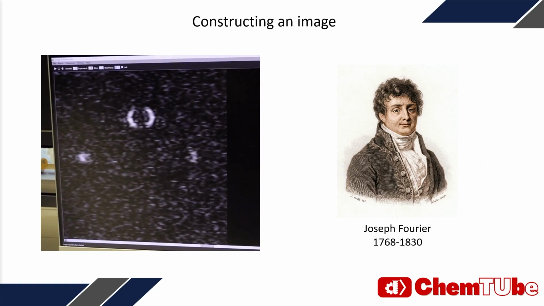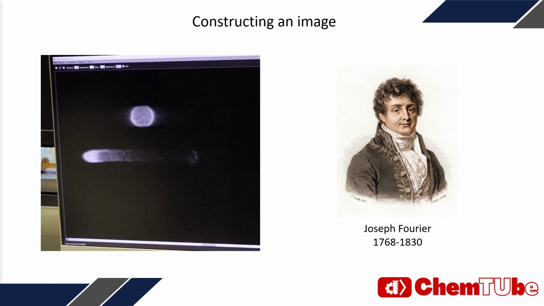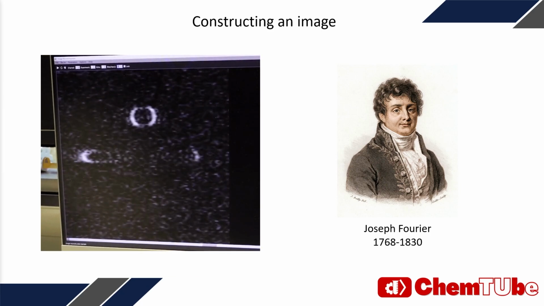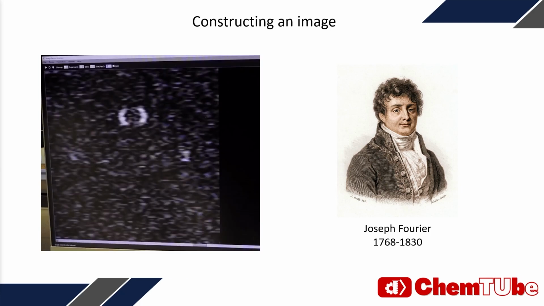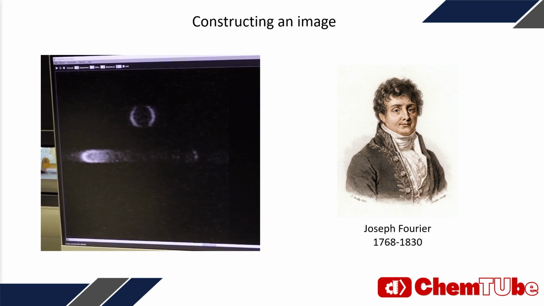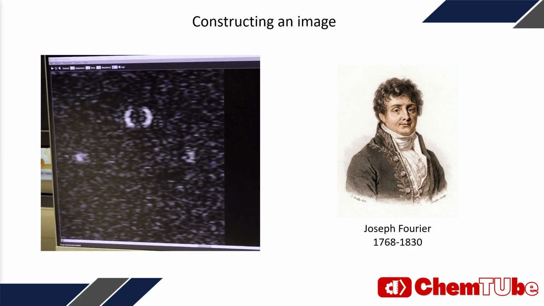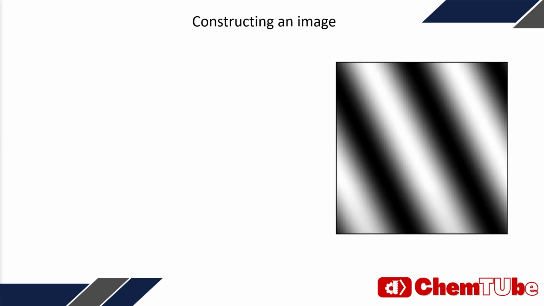To make matters even more complicated, the signal received is the sum of all individual signals created by the hydrogen nuclei. Fourier transformations are used to deconstruct this complex wave into a summation of simpler waves. But to create a 2D grayscale image, another set of gradient coils is needed. These coils can adjust the phase of the hydrogen nuclei inside the slice currently being imaged to create specific patterns. One of these patterns can look something like this.